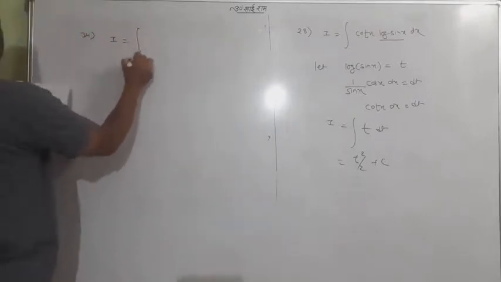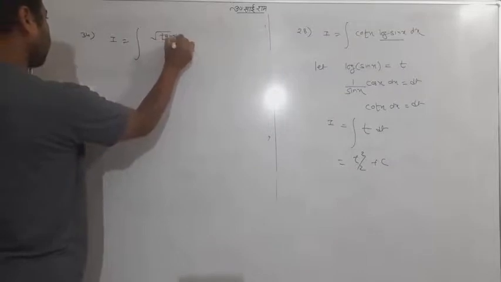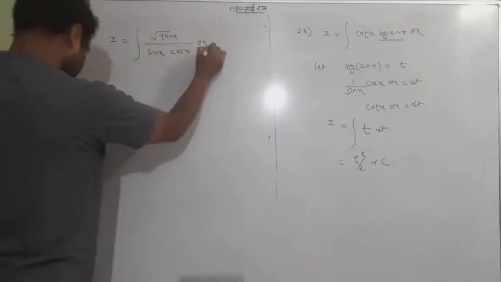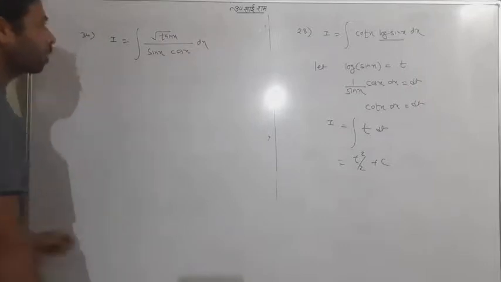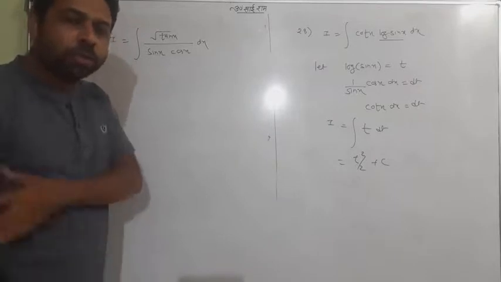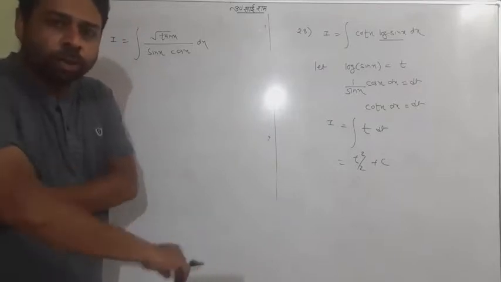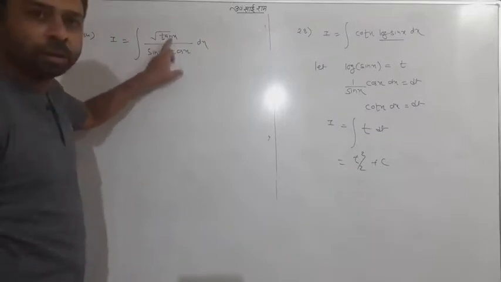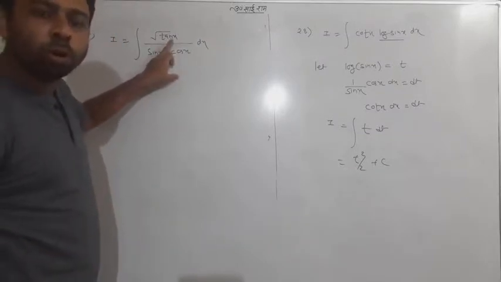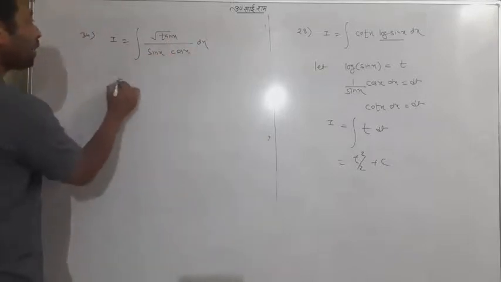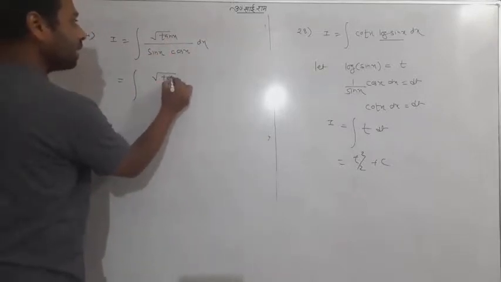Look at it, it's tan x upon sin x and cos x. This is a very important question. I want to tell you right now, this function is going to be critical or typical to you, because you can't understand to which you have to consider t. So let me explain something. This scenario is sin, cos, tan. So try to convert the whole question in tan and sec. Tan and sec. Look, I tell you how you can convert in tan and sec.